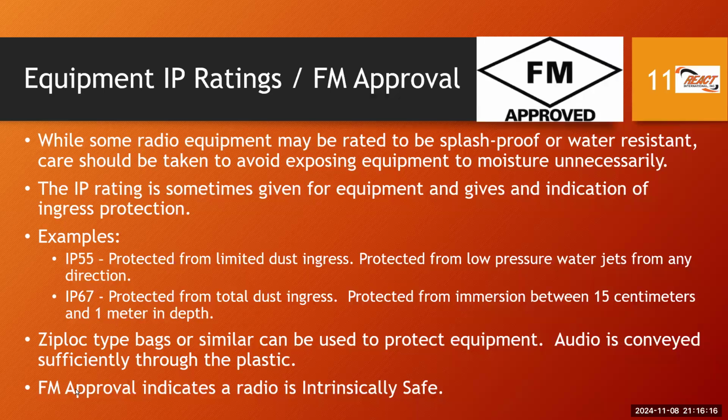And the last point, FM, Factory Mutual approval. That simply means if you have FM with a little diamond or FM approved, typically that will mean that the radio is intrinsically safe, meaning that it is suitable for use in areas where a spark could cause an explosion. So a very dusty environment, or where you have some sort of methanol or any of those types of flammable gases, the FM rating will say that you can reasonably use that equipment there. If it's not, and you press the push to talk, for example, or you have the battery, it can cause a spark. So you need to be mindful of that.